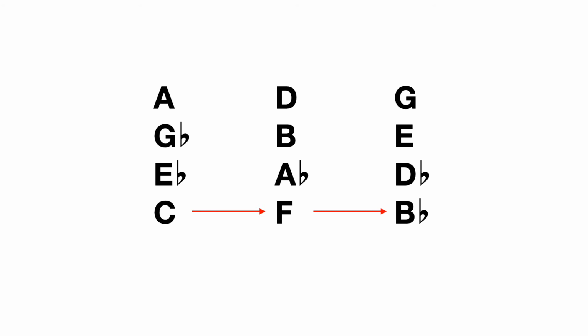And we could also see that this could be a 5 to 1 from F to B flat. But we can also see in this structure that F can move to G, and this could be a 1-4-5 in C major. The C major chord going to the F major chord going to the G major chord. We could also look at this as the tonic, the subdominant, and the dominant in this way, the 1, 4,